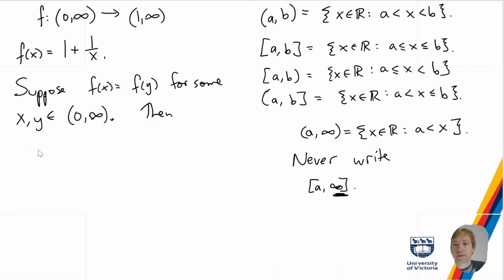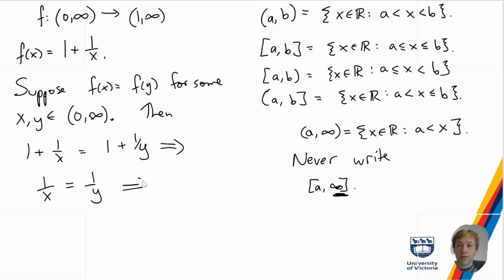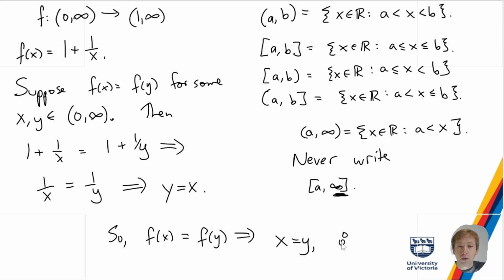Then 1 plus 1 over x equals 1 plus 1 over y, which if we subtract 1 from both sides means that 1 over x equals 1 over y, which implies that if I multiply both sides by y and by x, I get that y is equal to x. And so f of x equals f of y logically implies that x equals y,